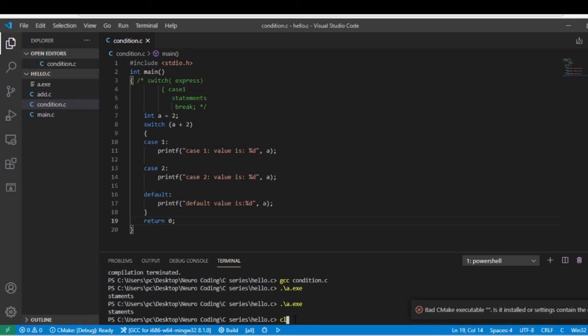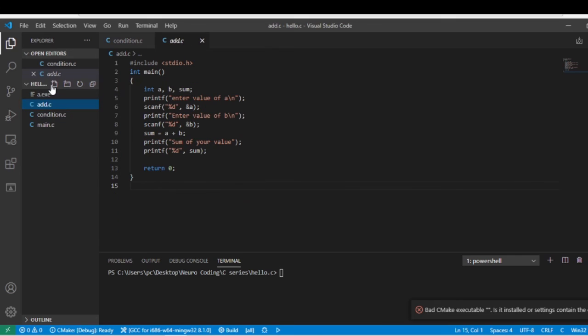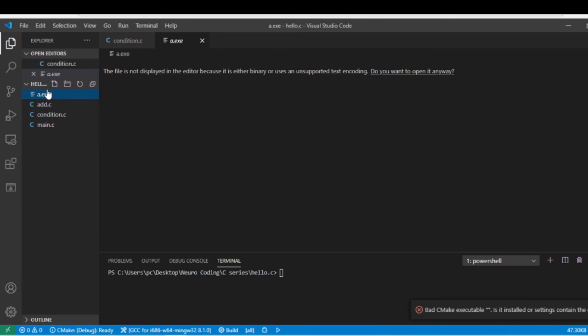First clear the file, enter. See here, I delete the file, Shift Delete.